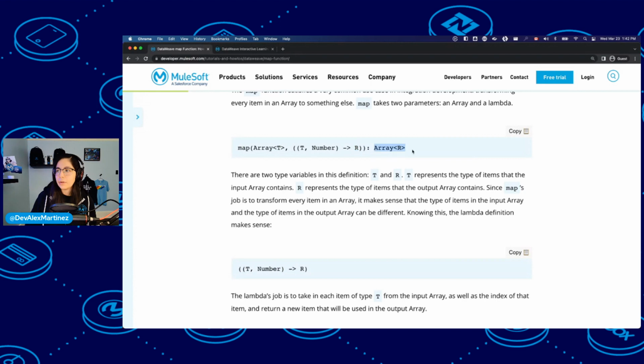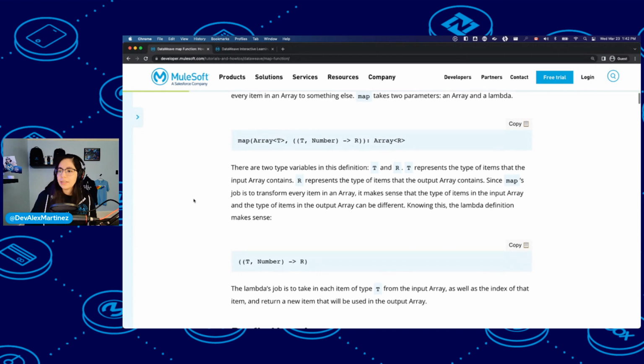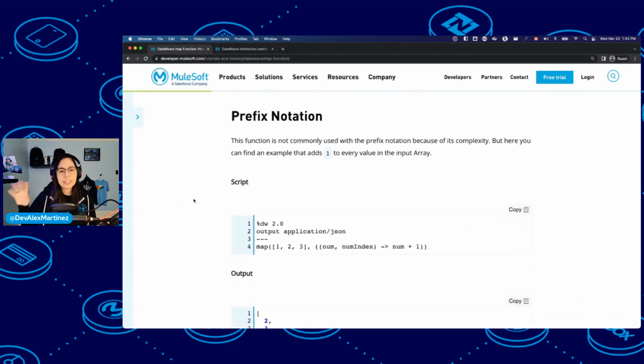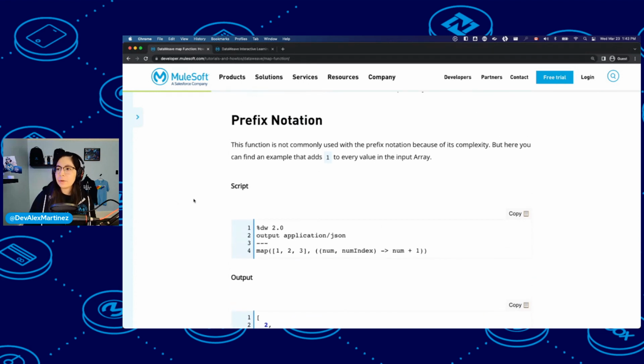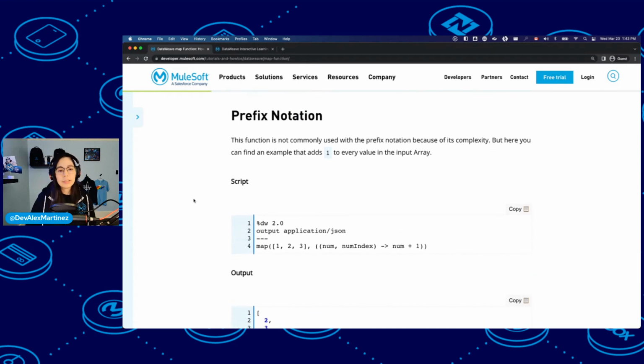And then you will end up with an array of that type that you modified, and not necessarily the type that it was inputted, unless you want that to be. And this will come together with the examples, so don't worry if you don't understand yet. So in this example, it's also nice to know that there are two notations.